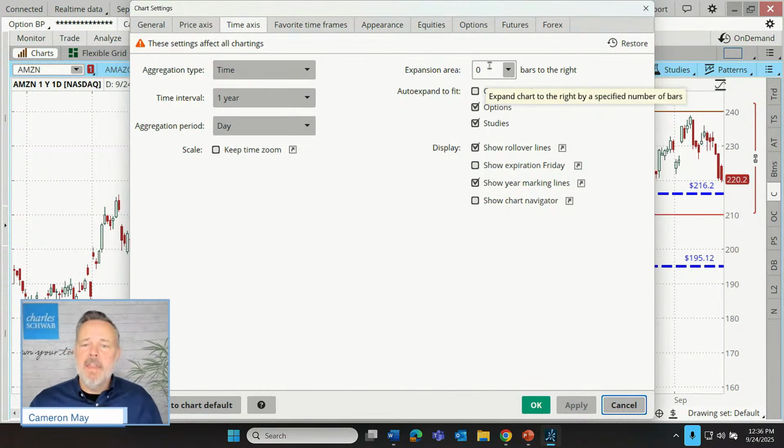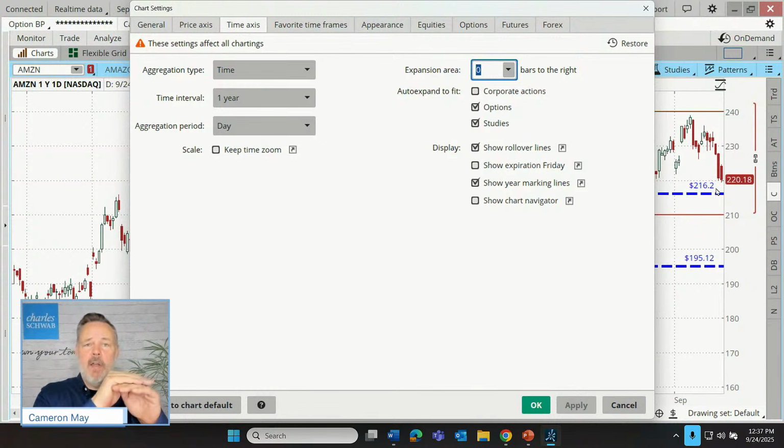the chart. This is to give extra space over to the right of the chart. Very commonly, you'll see our presenters have extra white space out here so we can make drawings going out into the future. We can also see future scheduled events appearing on icons out into the future. Can't see those if there is no visible future.